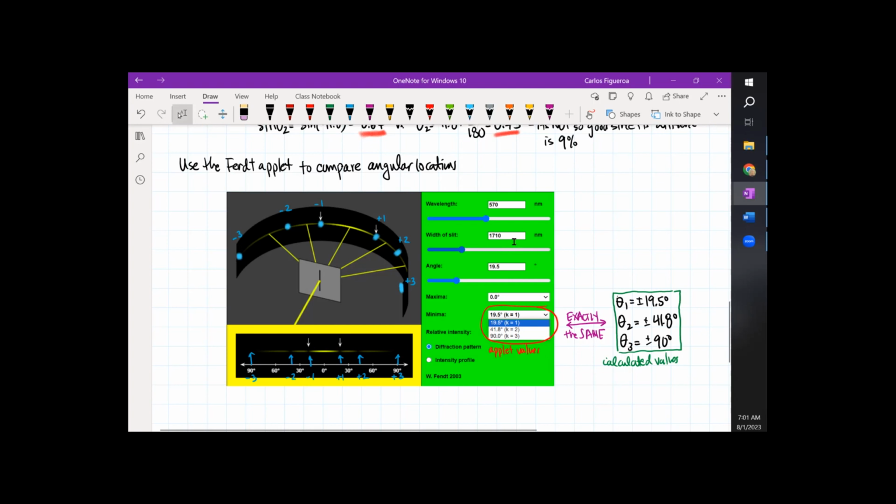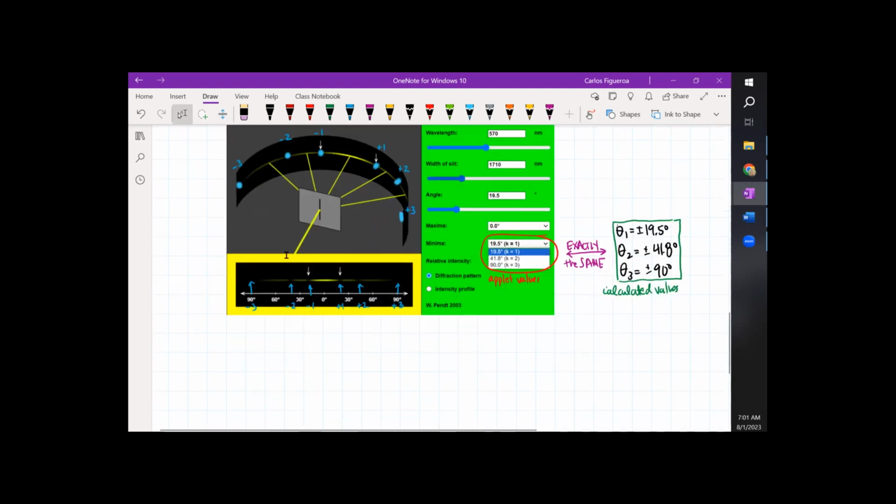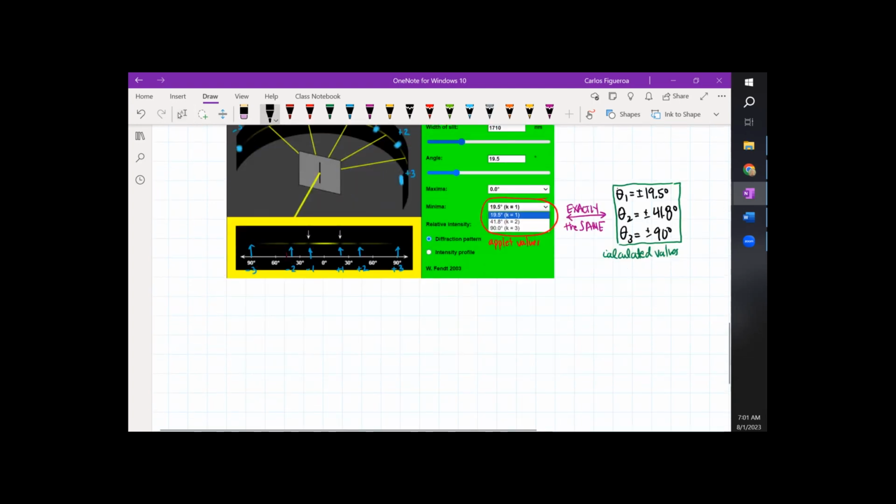So now let's go calculate the screen locations. And there's at least one thing that we should talk about. So now the screen locations of minimas located at theta n equals 19.5, 41.8, and 90 degrees